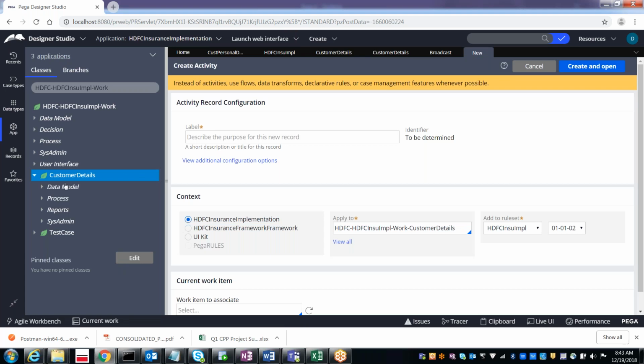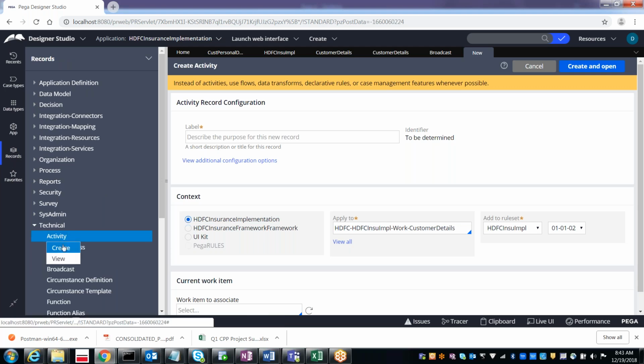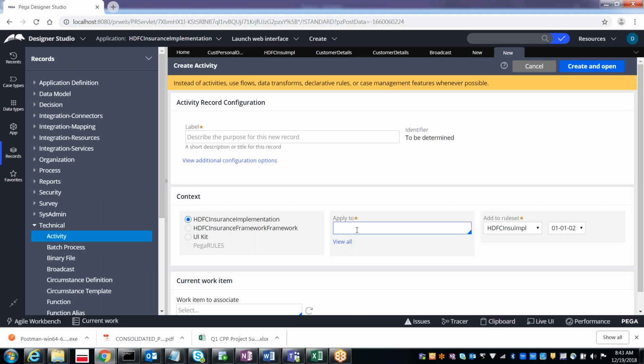The only difference when you select create activity from the class or from the records is the applies to class. Here I did not select the class on which I wanted to create, so it is asking on which class you wanted to create it.